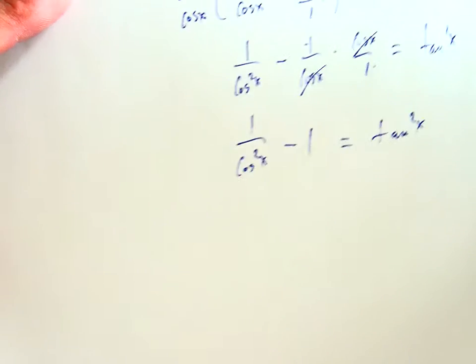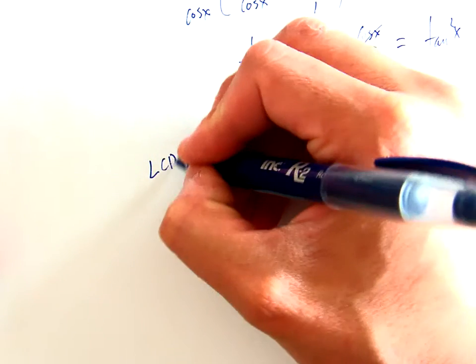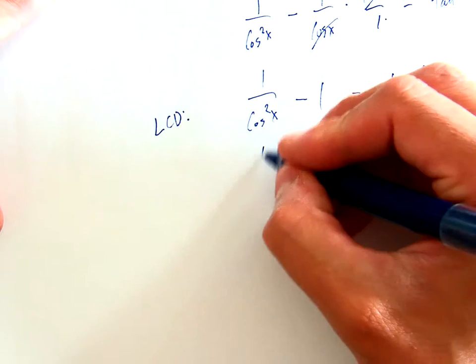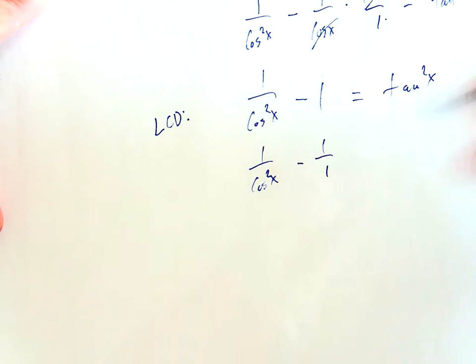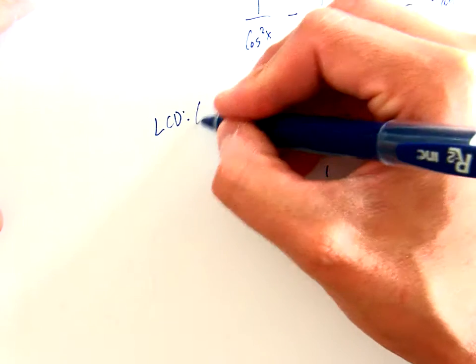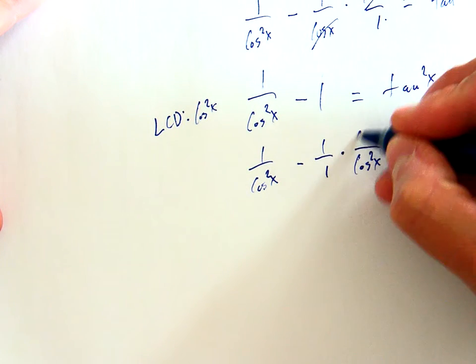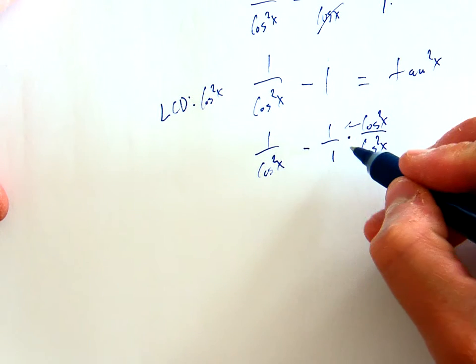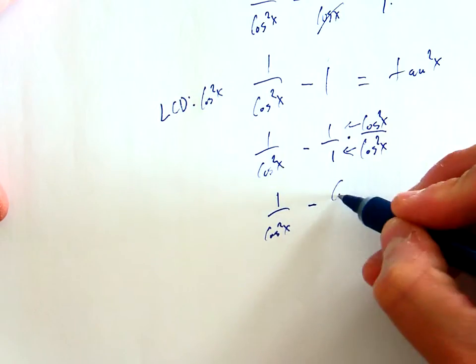And if you notice here, we have fractions. So we're subtracting fractions, so we need the LCD, which is, you can call this, we change this to 1 over cosine x, 1 over cosine squared x minus 1 over 1. The LCD is clearly cosine squared, so this needs a cosine squared over cosine squared. So then what we get, we multiply this way, and we get 1 over cosine squared x minus cosine squared